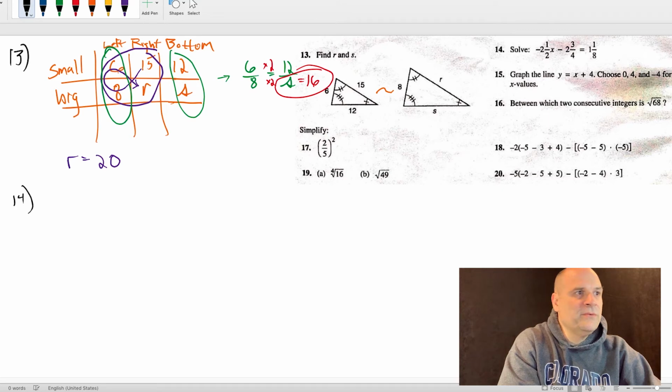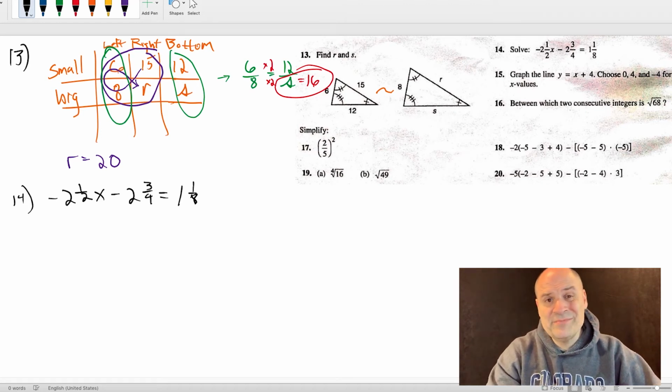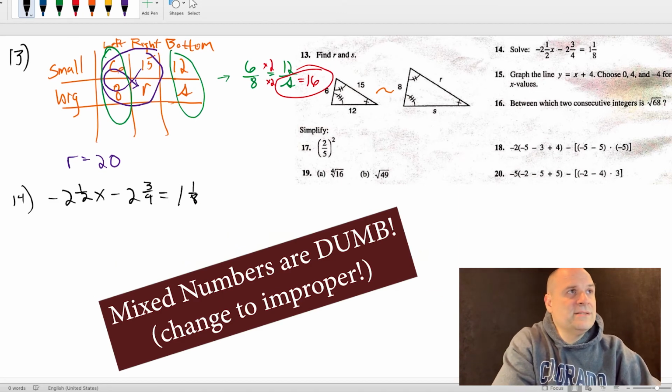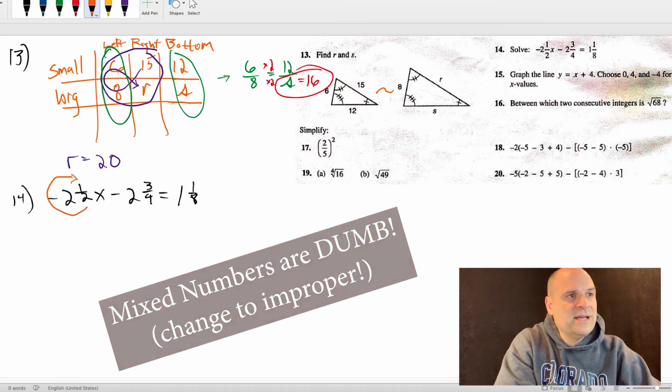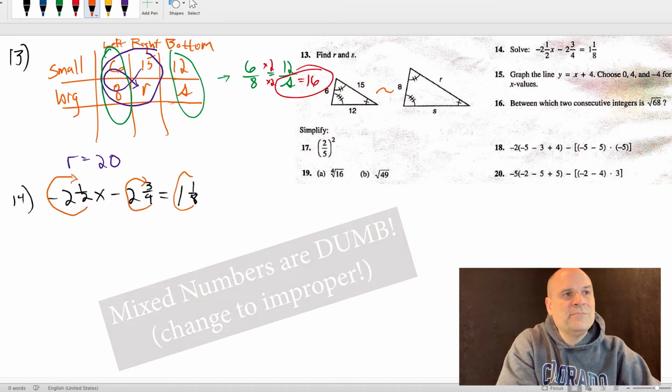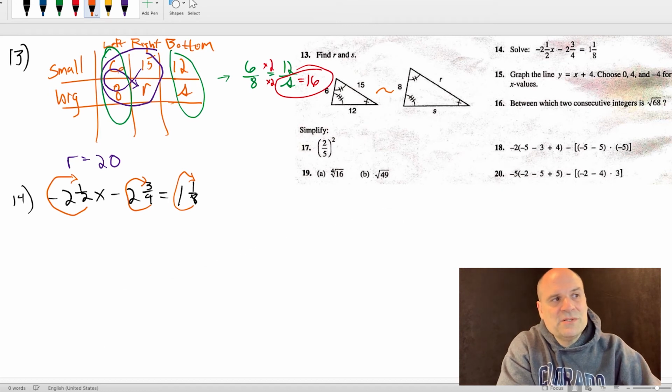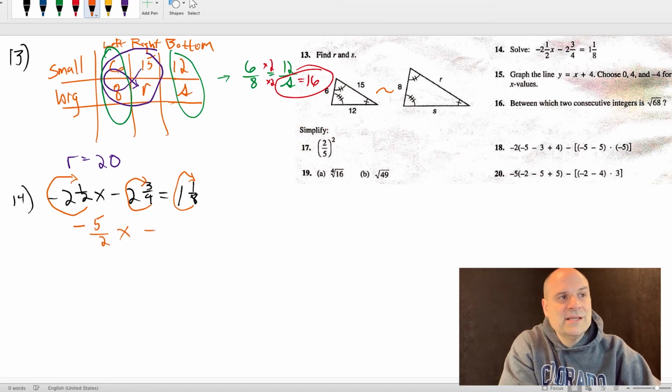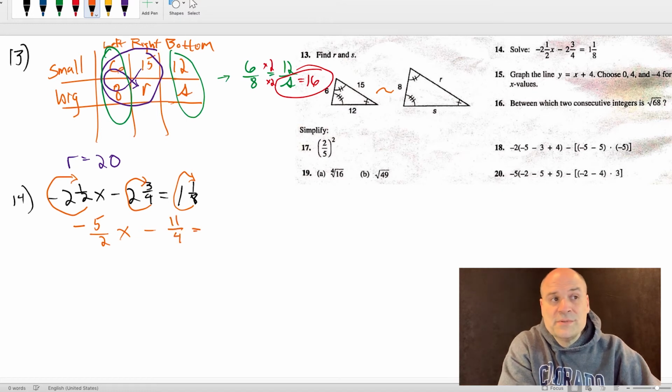We're gonna solve, I'm gonna rewrite this: -2.5 x minus 2 3/4 equals 1 1/8. First rule, mixed numbers are dumb. Let's change them to improper fractions, no problem. So that's what we're gonna do. We're gonna change that to an improper, change that to an improper, change that to an improper. Remember, 2 times 2 is 4, plus 1 is 5, and it's negative, so that negative stays the same. -5/2 x minus 2 times 4 is 8, plus 3 is 11/4 equals 8 times 1 is 8, plus 1